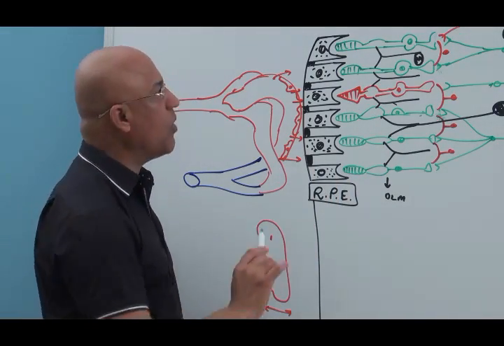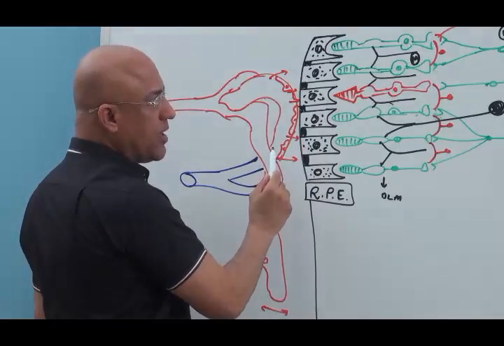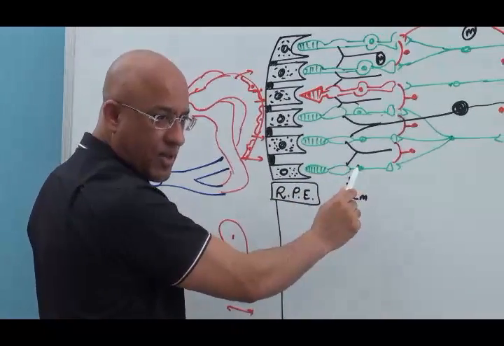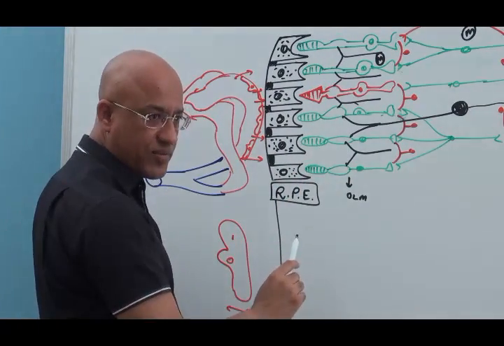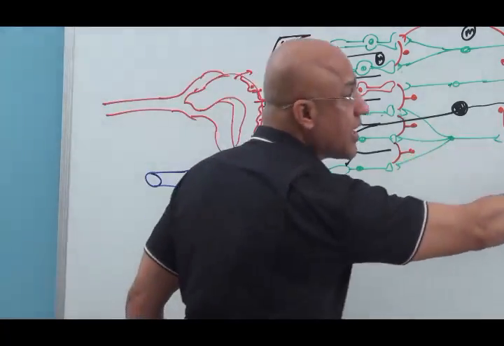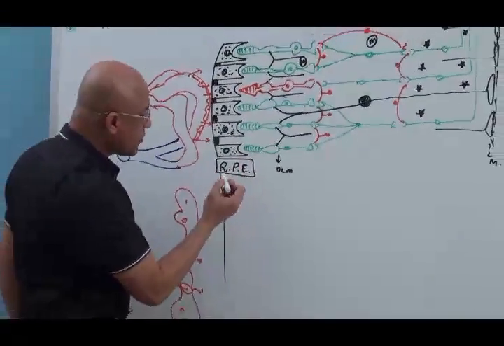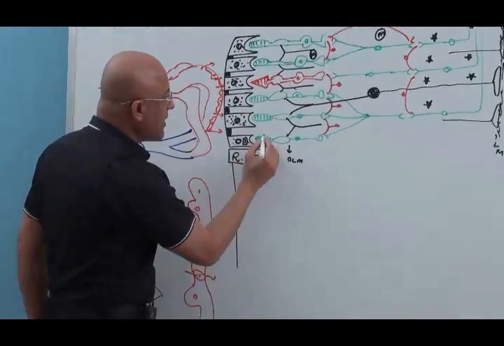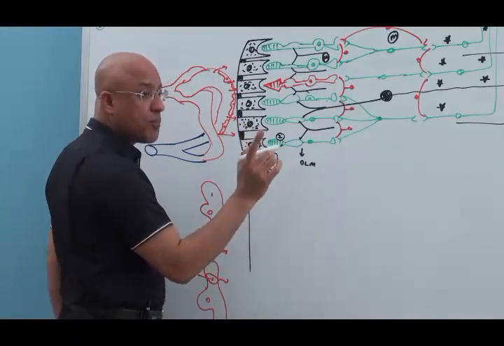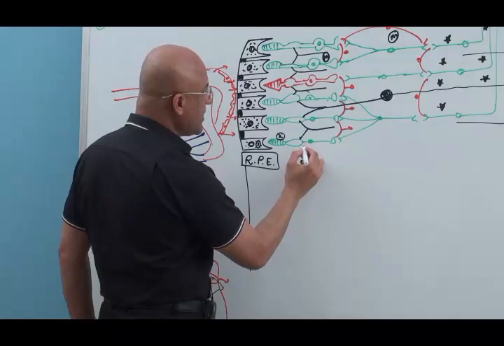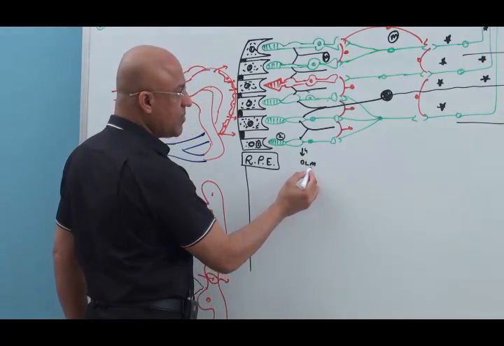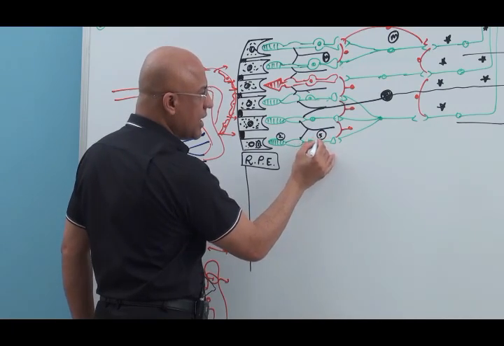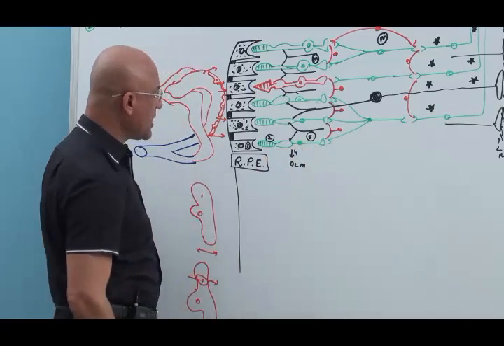Am I clear? Now, these choriocapillaries give nutrition to the outer part of the retina, right? Especially the outer 5 layers, which means the outer half. What are those 5 layers? As you know, one is the epithelial cell layer, second is the photoreceptor component of the rods and cones, then there is the outer limiting membrane, then there is the outer nuclear layer, and then there is the outer